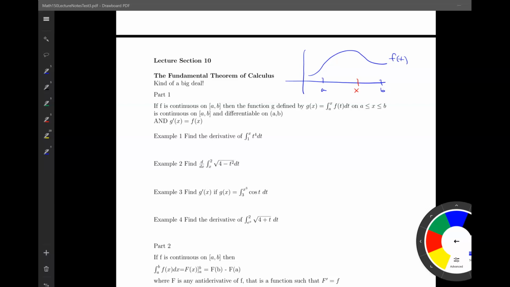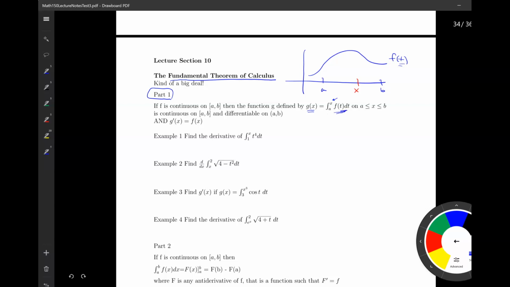All right, so we are finally to the fundamental theorem of calculus. Very big deal. All right, part one. So we've got this special function g of x defined as an integral from a to x. Look at that. That's very different, isn't it? So the integral from a to x underneath this curve f of t dt,